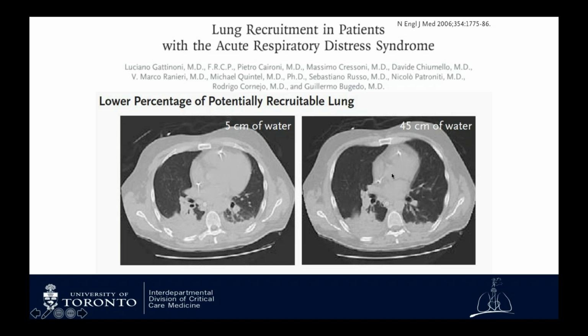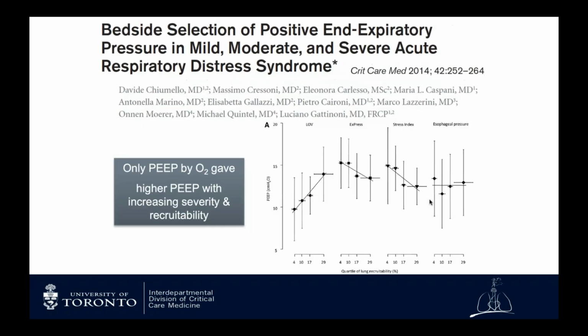And note the cardiovascular effects here. The heart is being smushed by this high pressure that's all being transmitted into the pericardium and decreasing venous return. So normally we like to think about setting higher PEEP for patients who are more recruitable. And there's this study, again from Granton's group, that investigated 4 different ways of setting PEEP. The only one that led to patients being more recruitable, getting higher levels of PEEP, was the PEEP FiO2 table.